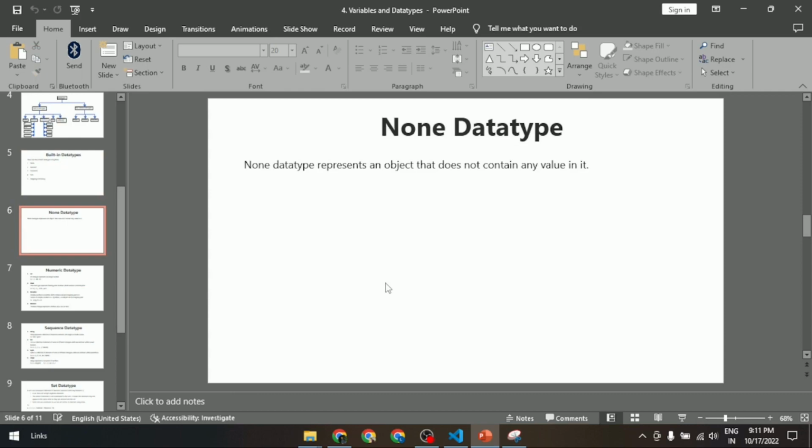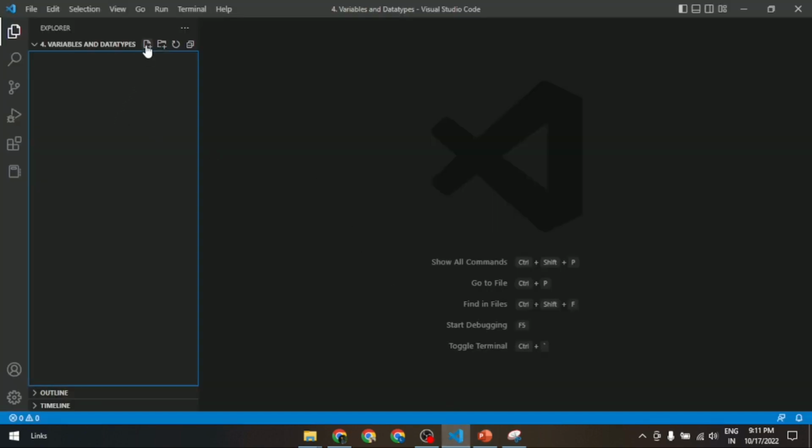The none data type represents an object that does not contain any value in it. If the data stored in memory doesn't have any value, at that point of time we can consider it as none data type. So we can have an example here: